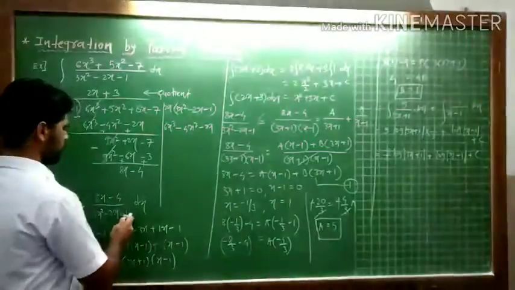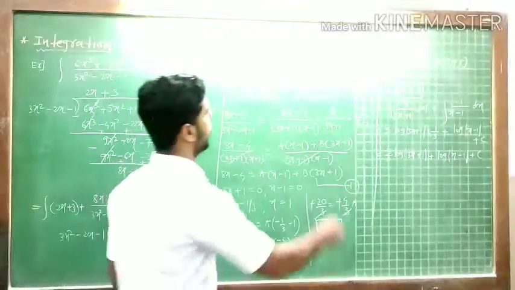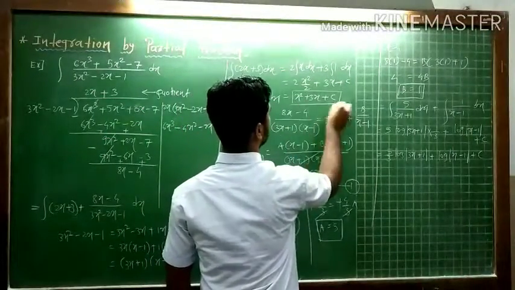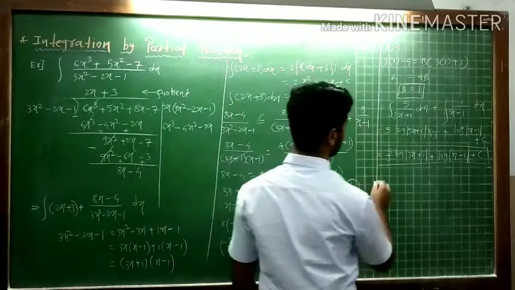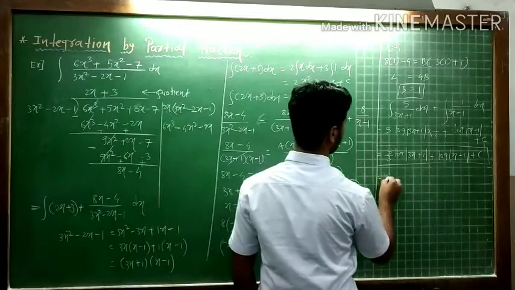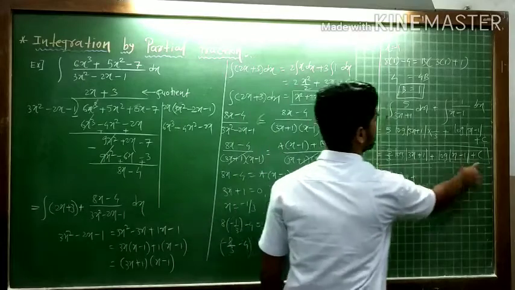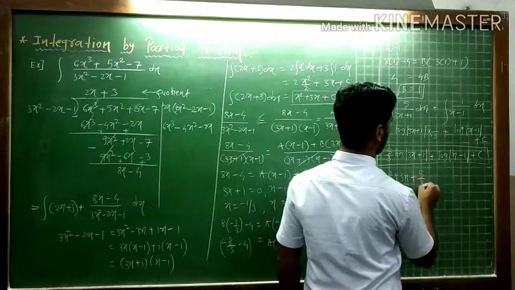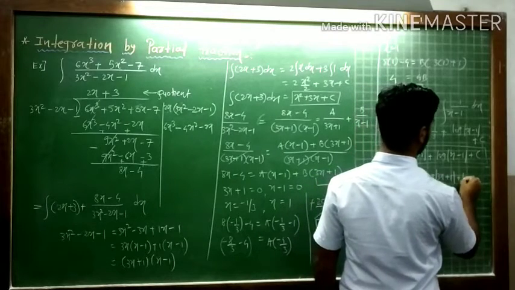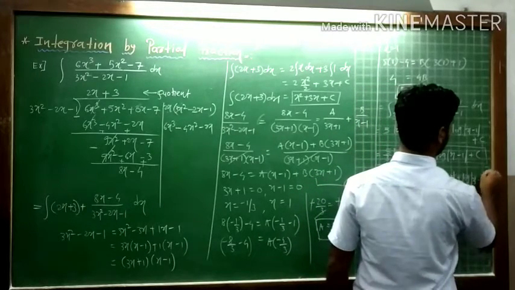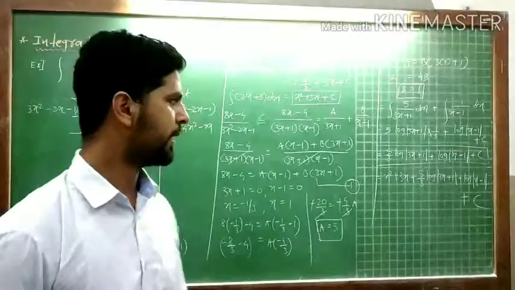Now we want the answer of the total function, so we will merge both answers. The first answer we had was x² plus 3x plus c, and this is your second answer. But now we want the answer of the whole function, so we will combine them. First is x² plus 3x plus, don't write c because c and c become c again, 5 by 3 log of 3x plus 1 plus log of x minus 1 plus c. This is your final answer. The final answer is x² plus 3x